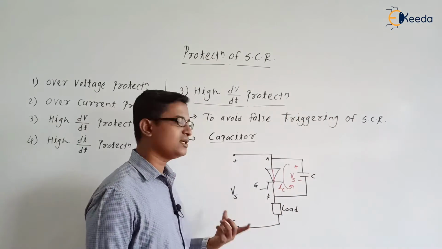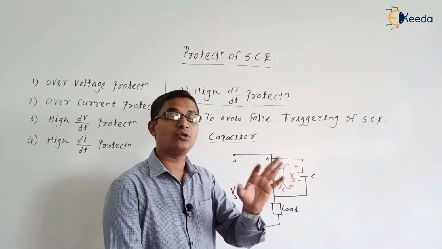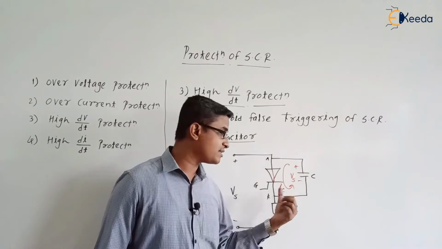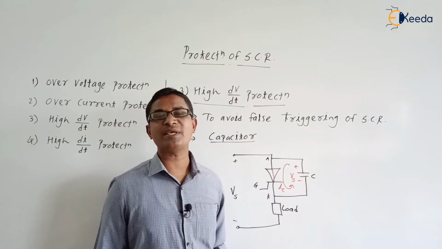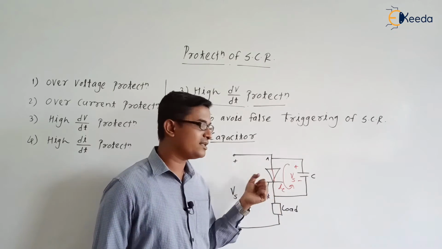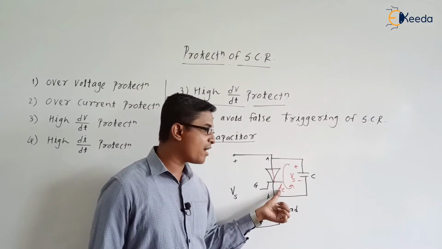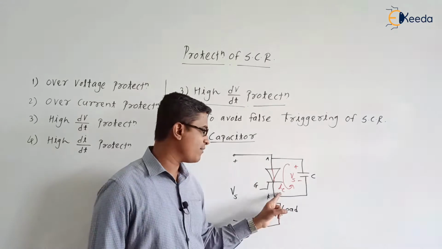Vs is the high voltage divided by a short circuit, which is a very low resistance. Due to that, a very high current will be flowing. This means the discharging current of the capacitor will be very high. And if the discharging current of the capacitor is high, can our thyristor, our SCR, withstand this high value? No, the thyristor cannot withstand this high value of current.